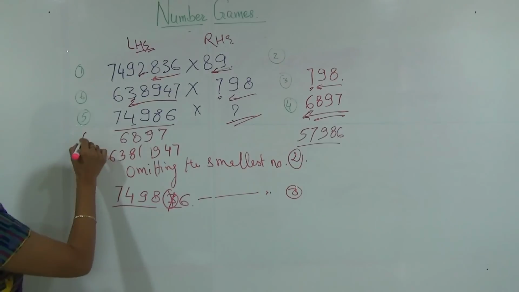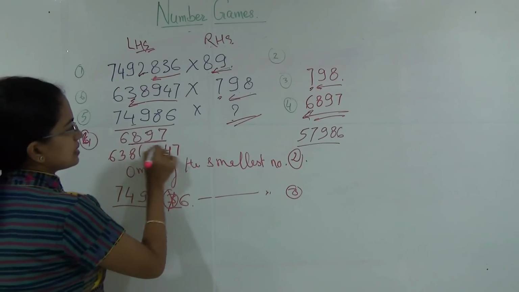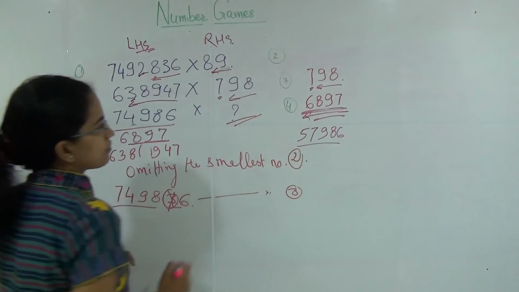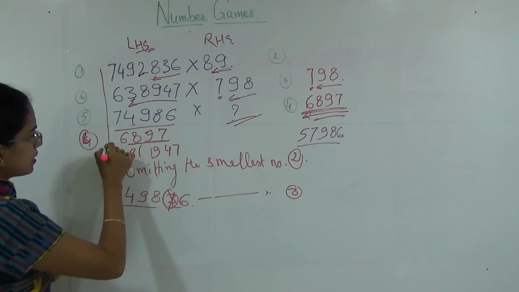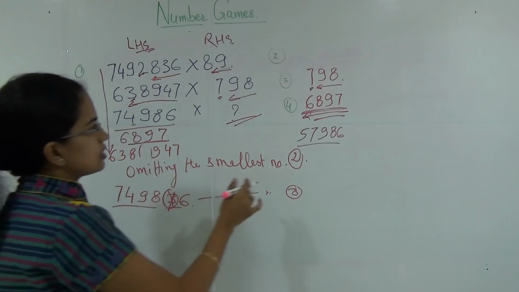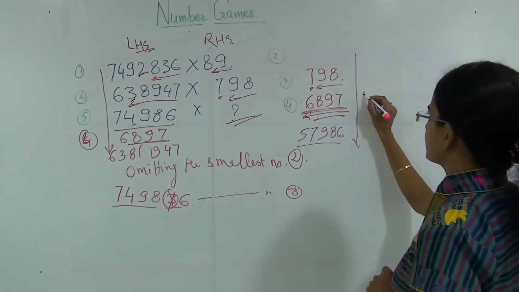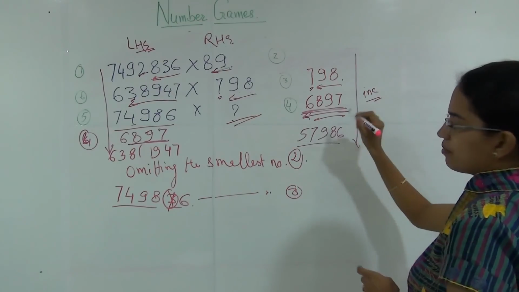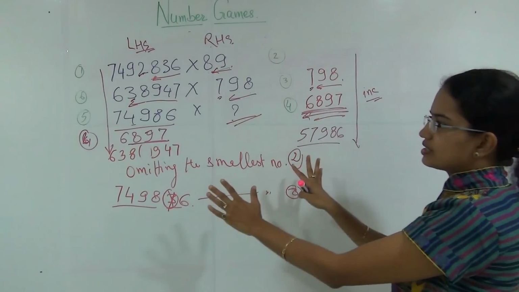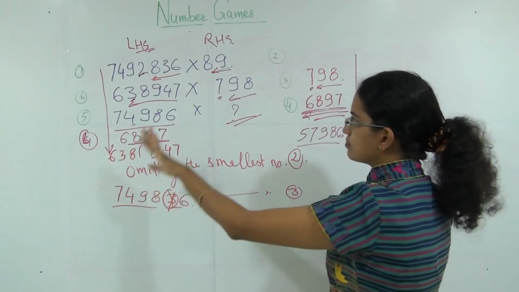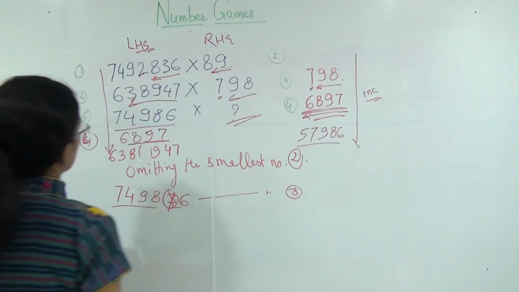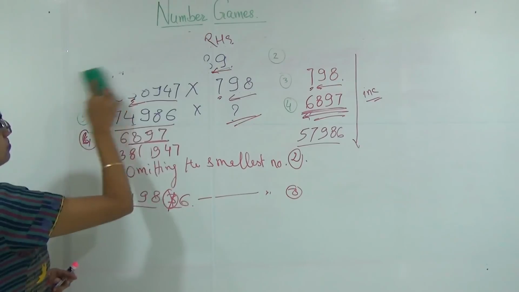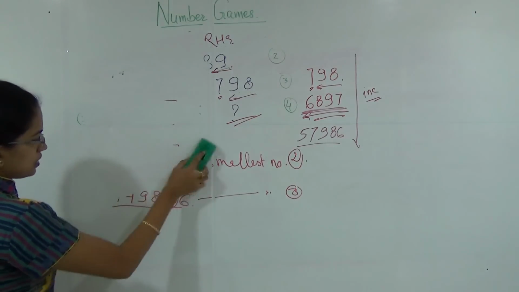Now as you can see, I am moving down in this step. So there are 4 digits, and this is exactly matching with what we did here. So what we are trying to do is decrease the number of digits here, and here we are increasing the numbers, and in both cases we are reversing. In this case we are omitting the numbers, and in this case we are adding the numbers. So this is one of the difficult problems in number series and number games that we usually talk about.